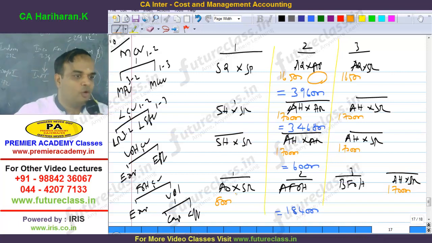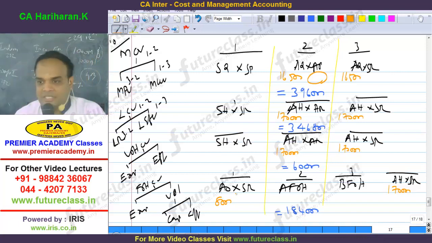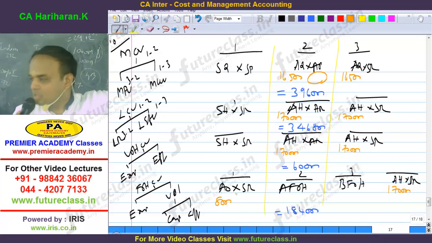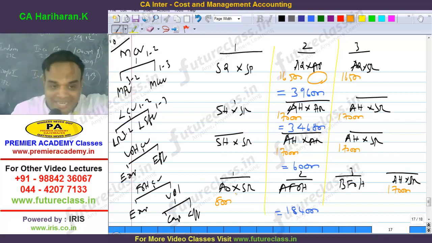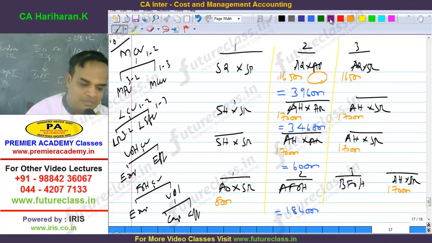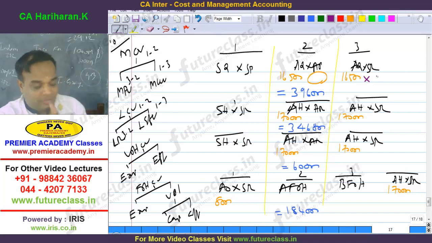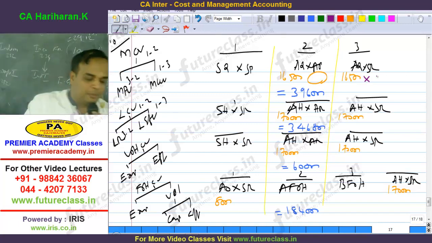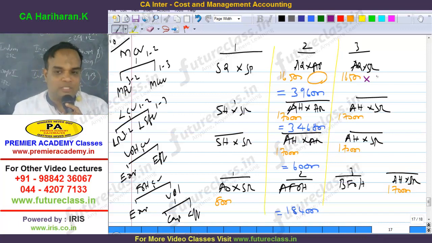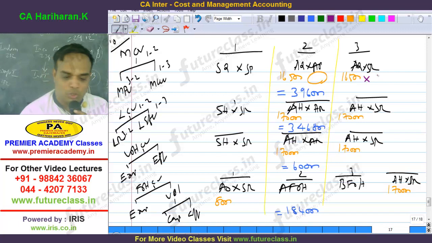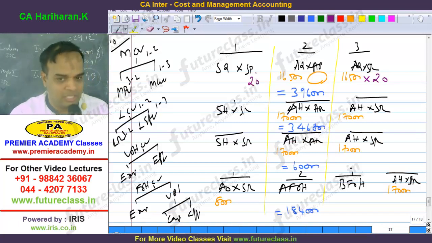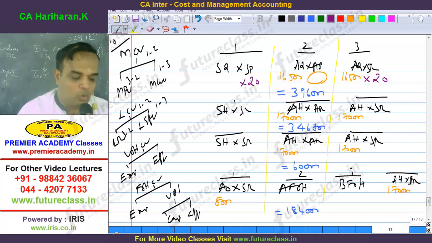What are all the info available? We parked them in the respective places. How many of you understood up to this stage? Are you with me? Now we can go line by line for the purpose of solving the problem. Shall we go line by line? Now, first material-wise, variance-wise. First, material variance. With respect to material, what is the standard rate per unit of material? Rate per unit is how much? 20. Standard rate 20. Here also the standard price of the raw material is 20. Am I right?